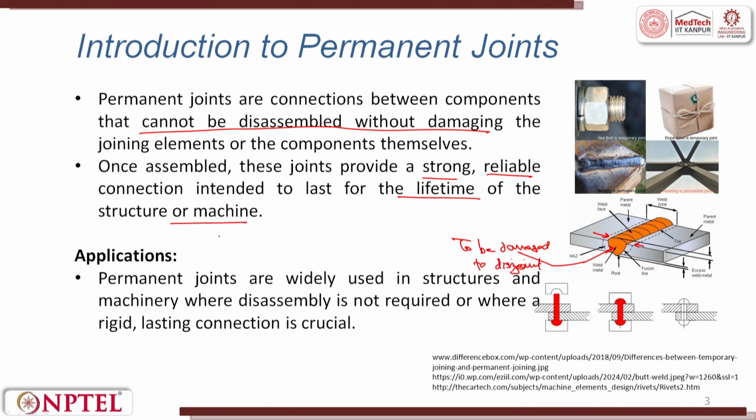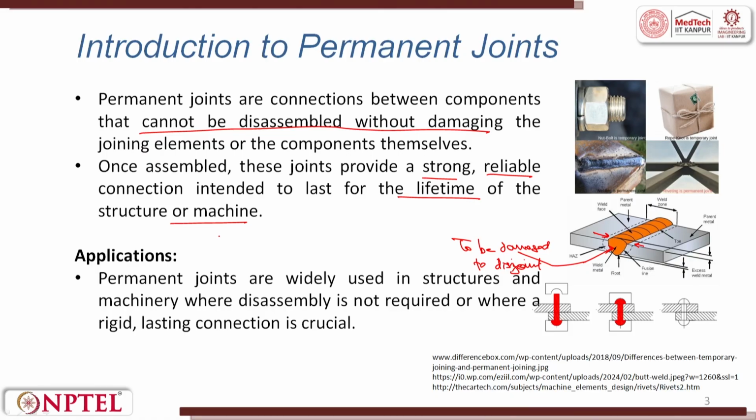A full machine element cannot be built in one go. For example, if you wish to build the complete fuselage of an aircraft, that full structure cannot be built in one go. Different sheets are there, those are joined using rivets, but those behave as a permanent joint that cannot be disassembled. Applications of the permanent joint are many. Permanent joints are widely used in structures and machinery where disassembly is not required or where a rigid, lasting connection is crucial. Certain examples could be bridges,